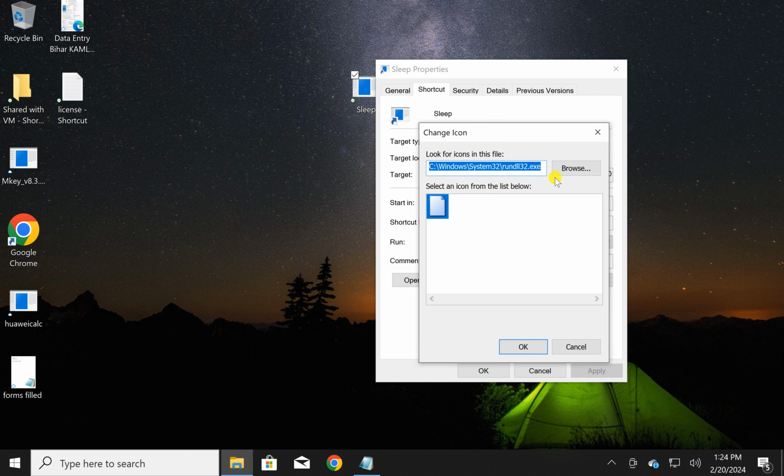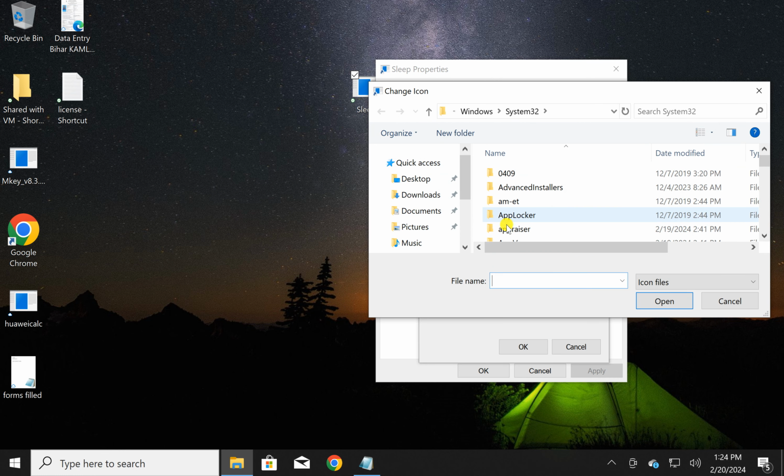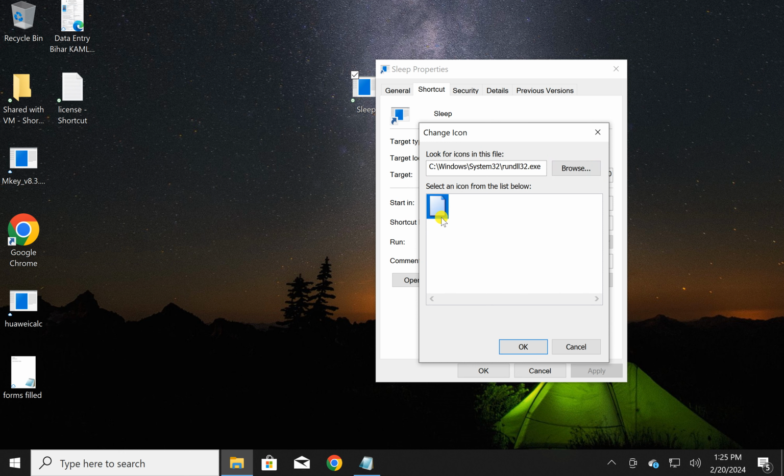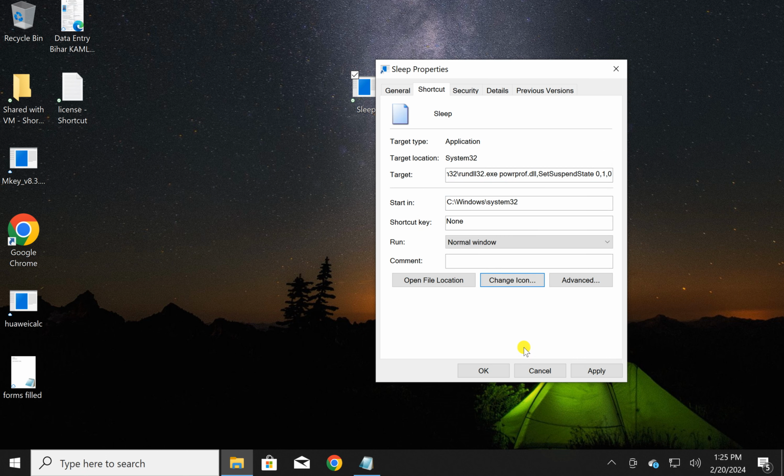Then in case you have saved any icon that you have downloaded and want to use for sleep, you can click on this Browse option and then navigate and select the icon file and then click on this OK button. Otherwise, you can use a built-in icon from your Windows PC and click on this Apply and then OK button.